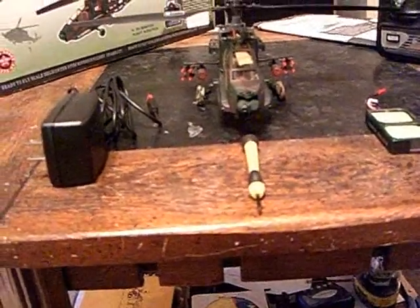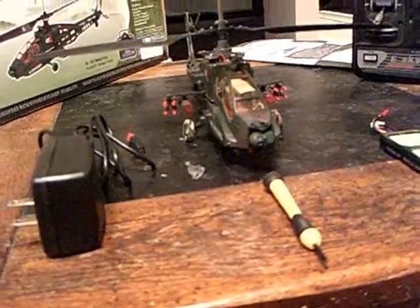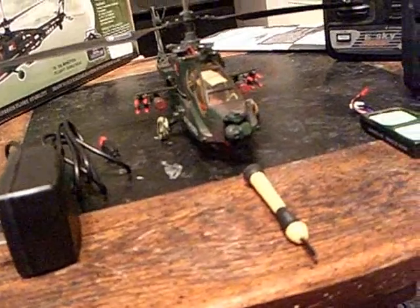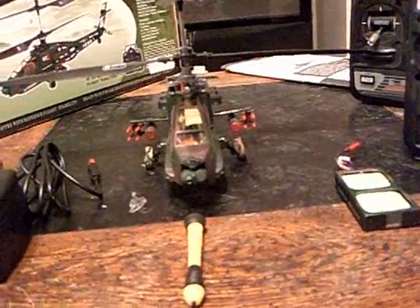I'm going to talk to you today a little bit about Microgear's new Apache AH-64 Longbow coaxial contra-rotating 4-channel RC helicopter. Now, it's a very cool looking helicopter. It uses what's called a sliding swash plate instead of a traditional leaning swash plate. It's a little bit harder to adjust properly and get centered right, so you're going to spend a little time